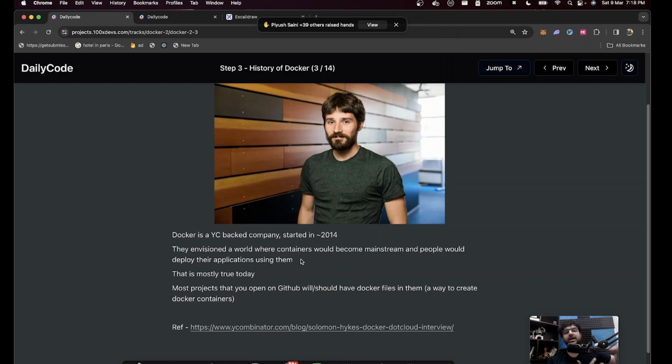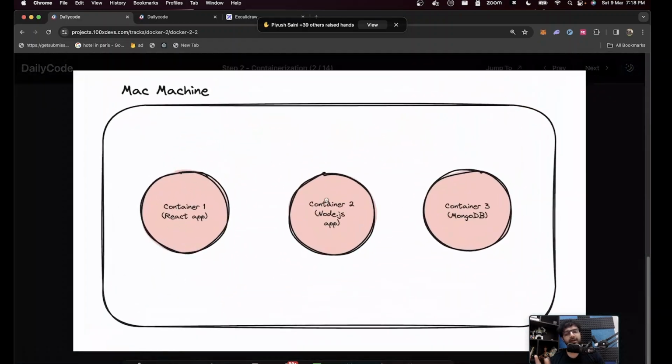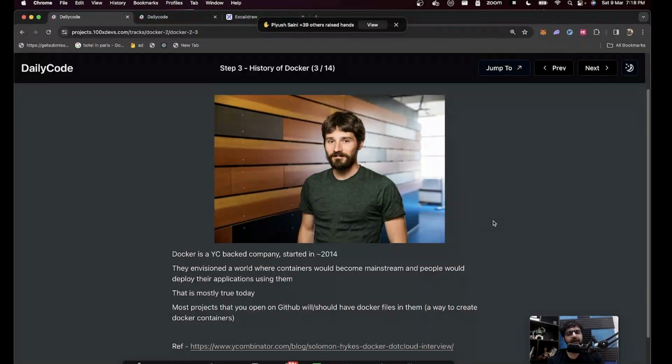Today Kubernetes is not written on top of Docker, but requires Docker if you're using Docker as your container runtime. So a lot of products were built on top of it. These guys built the base layer. They said, okay, people will in the future deploy applications like this, so let us build something that lets people create containers. Back in 2013, today they're a pretty big company and make a lot of money. We'll discuss later how they make money, but most of their code is open source. Most open source projects that you see on GitHub will have some variation of Docker in there, and you can start those projects locally by running a single command.